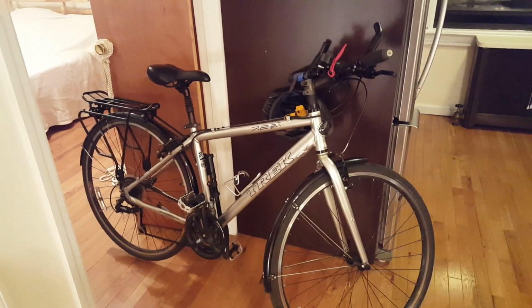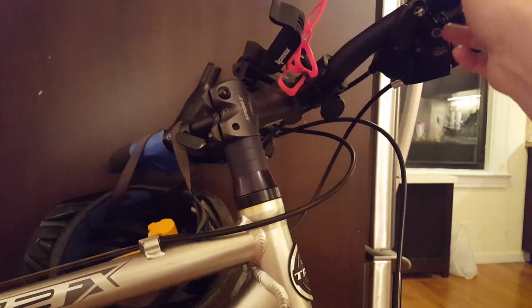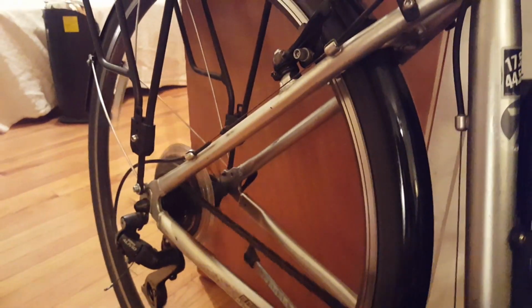I had to get the rear wheel off the ground so that I could spin the wheel and move the chain, and at the same time watch the derailleurs work. My solution